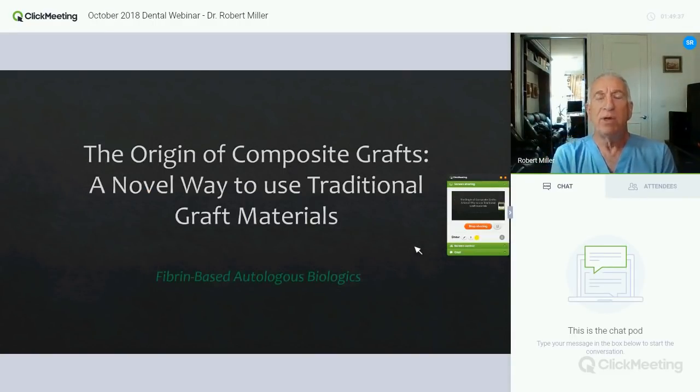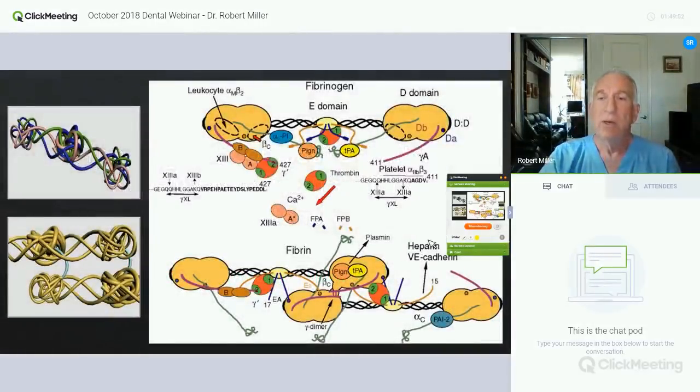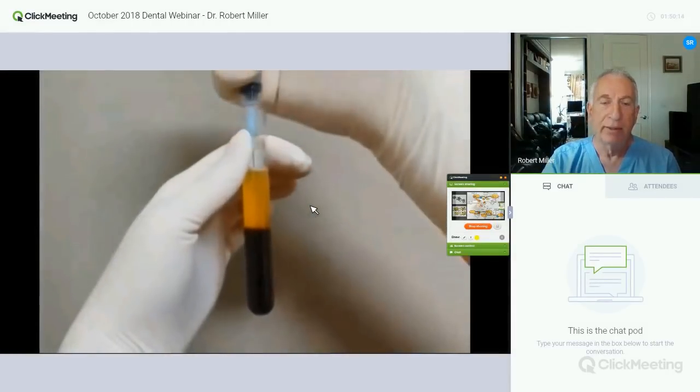So if we want to talk about something called composite grafts, a novel way to use our traditional graft materials, and especially highly bioactive TCPs in whatever form you want, I love to combine them with blood components, especially with autologous growth factors. Why do we do that? Well, if we want to look at the conversion of fibrinogen, which is circulating along with these cells, to make a fibrin clot, it requires three things: thrombin, autologous thrombin, clotting factors, and free ionic calcium. And that's what we get with